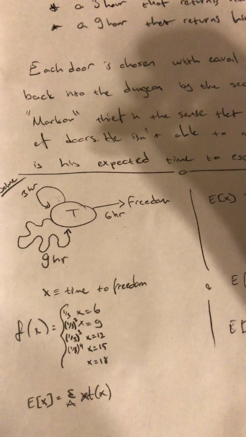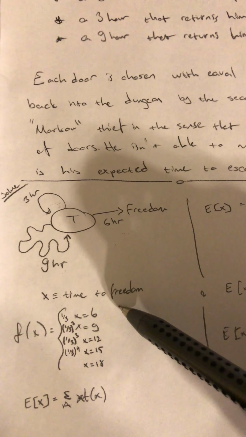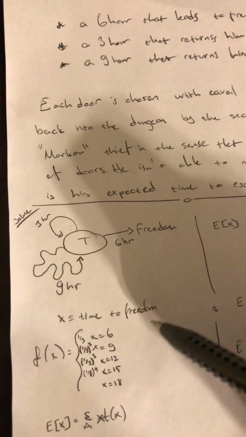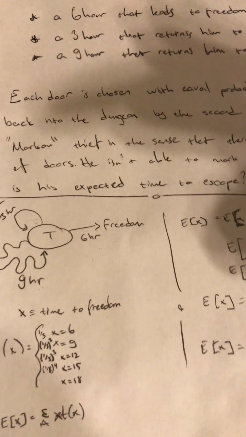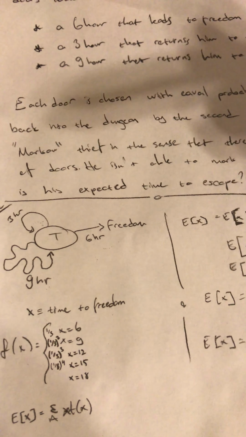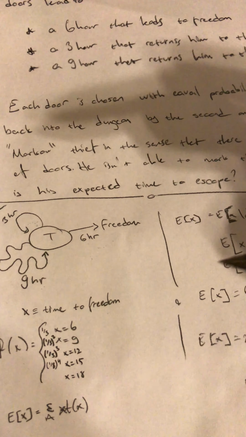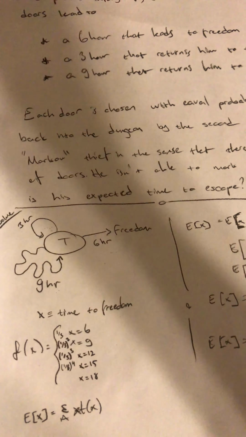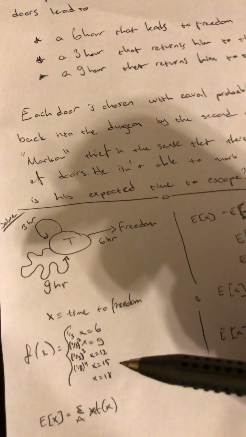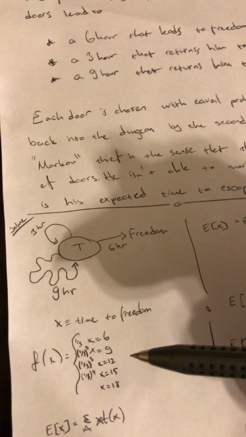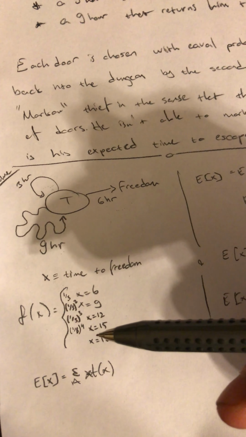The best way to proceed is to let x be a random variable, the time to get to freedom, and to define a probability mass function for this random variable, and you will see that this is not a simple task. First of all, what is the quickest way to get to freedom? Well, that's x equals 6 hours, if he chooses the correct door to take him to freedom, and that occurs with probability 1/3. The second way to get to freedom takes 9 hours, and that's if he chooses the short tunnel first, and that occurs with probability